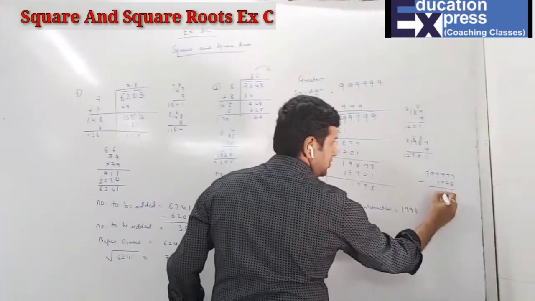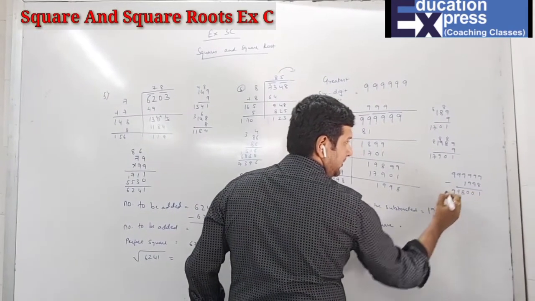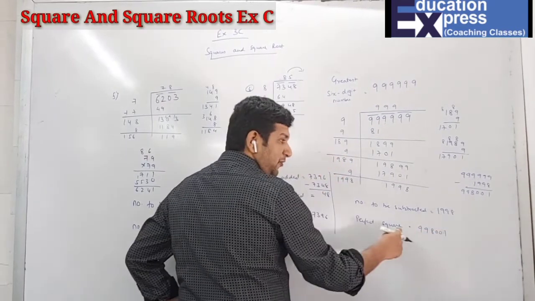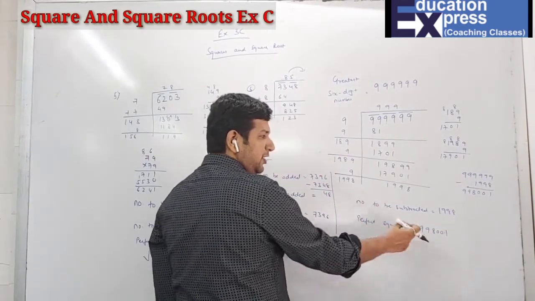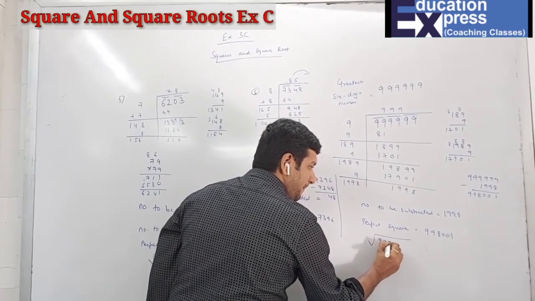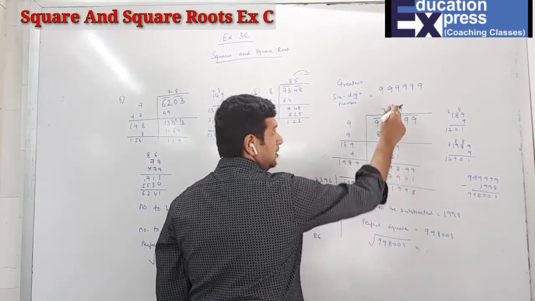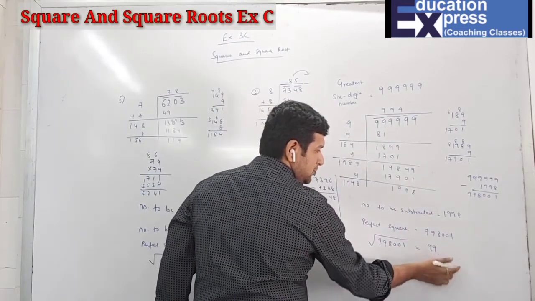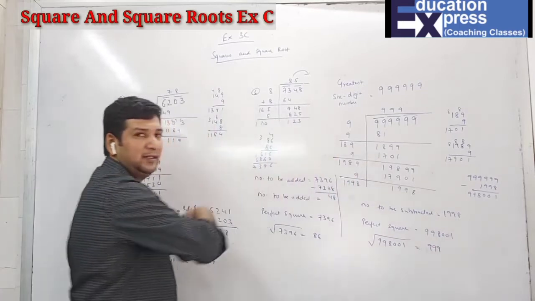That's 100899. So 998,001 is a perfect square of a 6-digit number, and the square root for this will be simple, what you have found, 999. So this is how, students, we can correlate the sums.